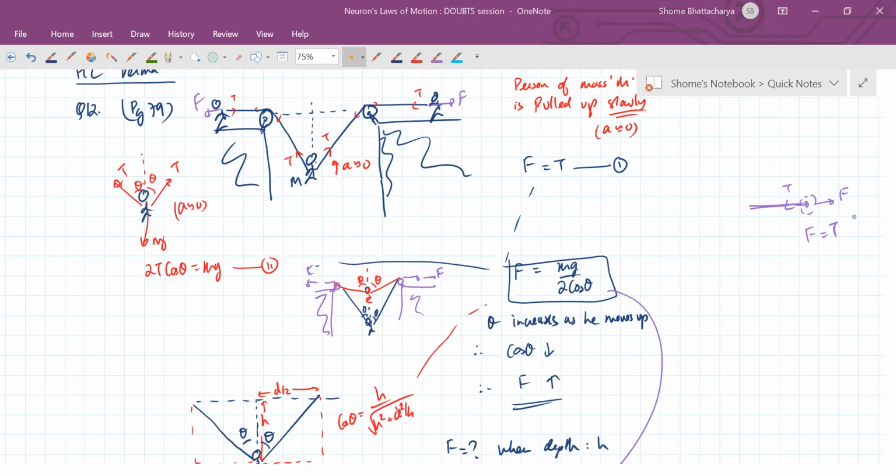Any other questions from HC Verma exercise, main exercise? I know some of you are asking me for short answer questions and all that, but I'll come to that. But those are not really so important. It's the main exercise questions I've been asking you to work out. So please tell me if there are any doubts in that. Otherwise, we'll do some of the questions here in class today.